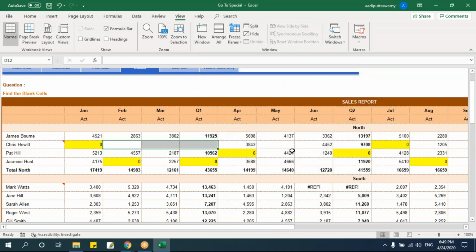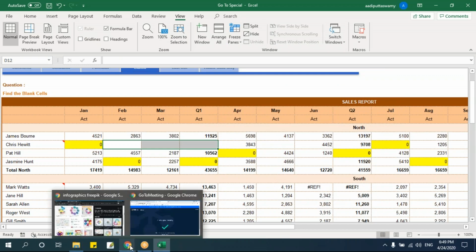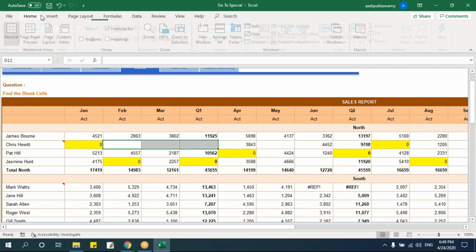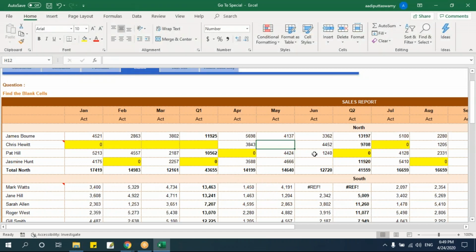See, this cell and this cell will not be selected. The reason is they have got a space, so you should observe this as well. These two are actually not blank because there is some value. How to find this? You have to use the LEN formula, and then you can use this.